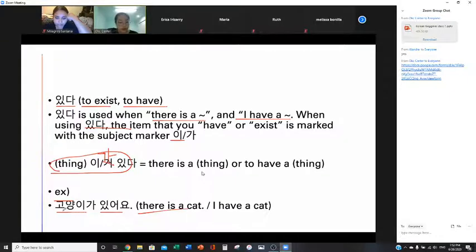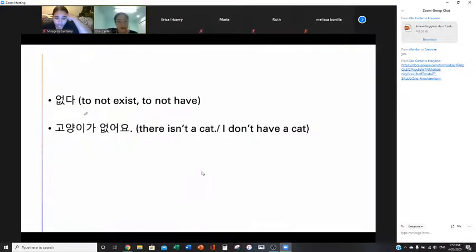So therefore, the thing is used as 고양이가 있어요. There is a cat, I have a cat. Okay, so there is an opposite word, 없다, to not exist or to not have. So right here, 고양이 is a noun, and the thing